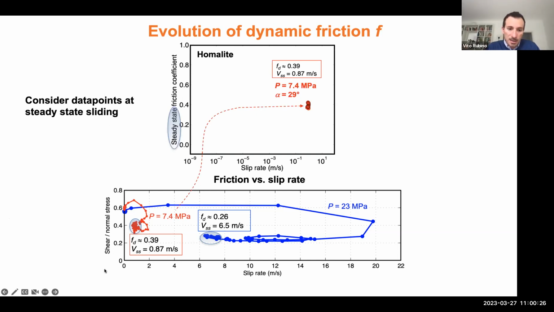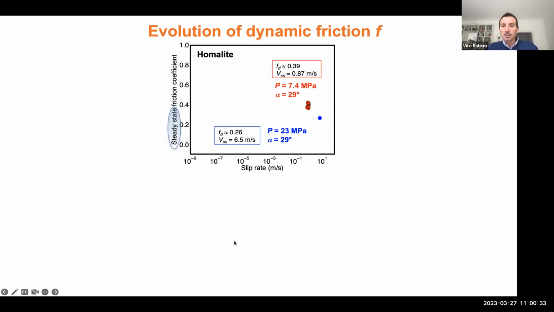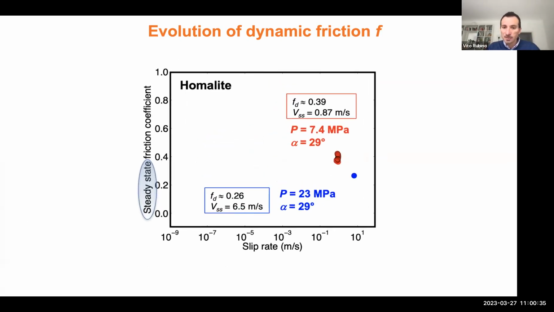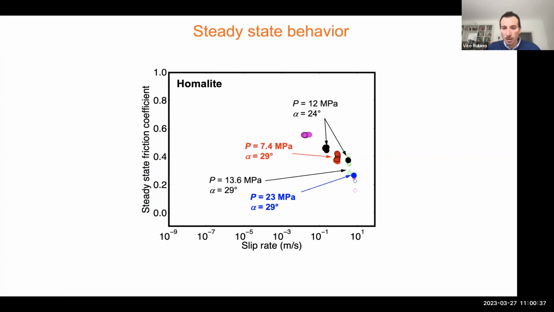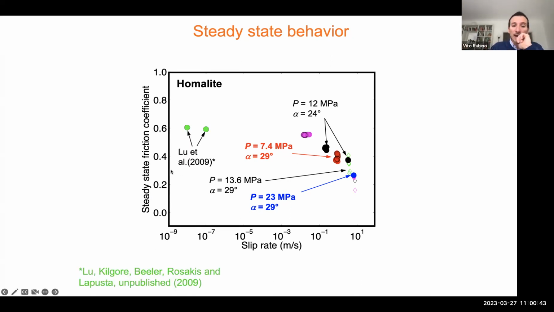And we place here this cloud of points in this steady state plot, from these two locations. And then we add more measurements that are obtained at different loading levels, with this technique, with this set of experiments, and also other experiments obtained by traditional velocity jump tests in a double direct shear apparatus. These tests were obtained in collaboration with Kilgore and Beeler a while ago,